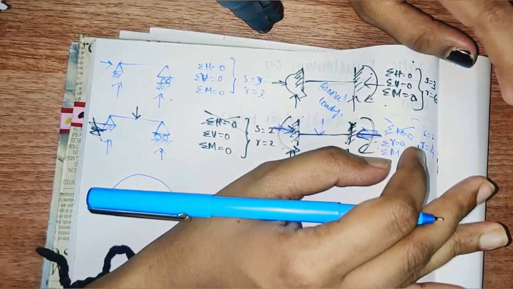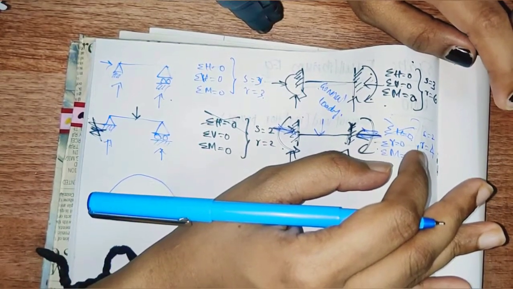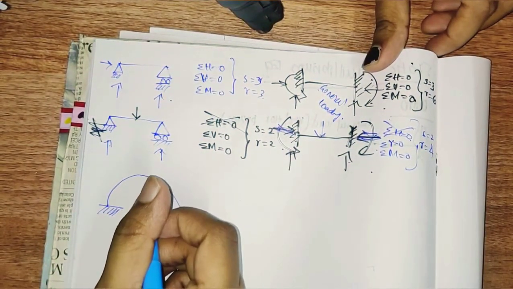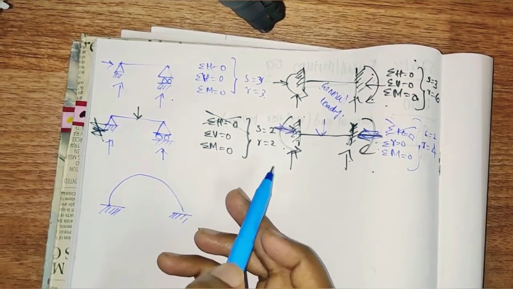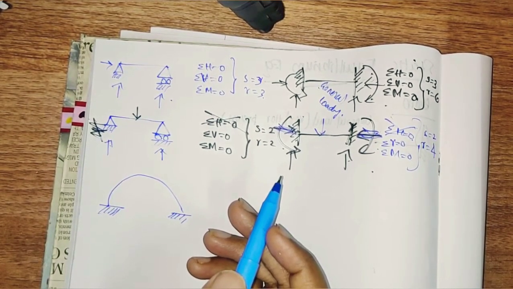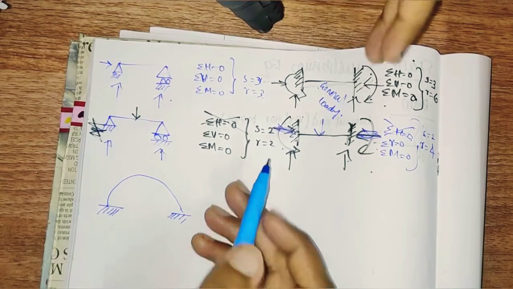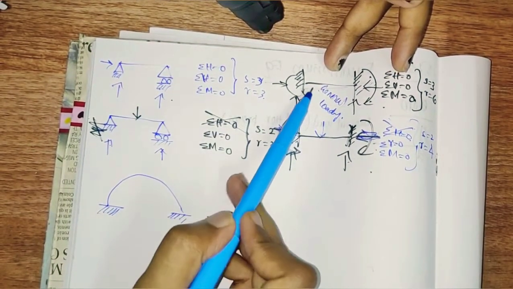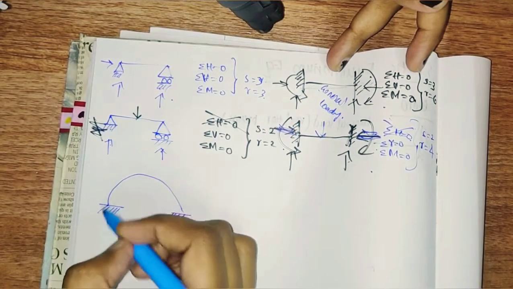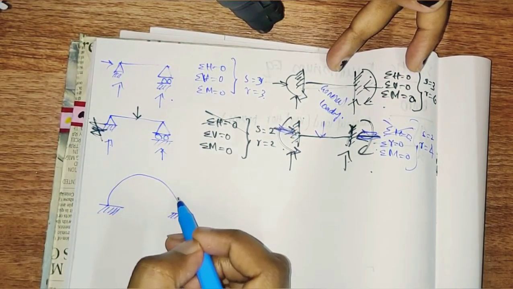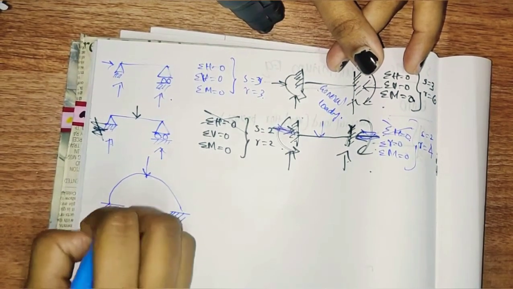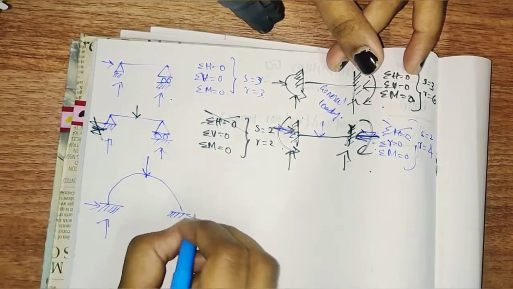Okay, next about this curved member. For the flat member, we need to check the loading first, whether there is any load or not. But here, there is no need to check the loading. We only want to check the loading if it is flat. For this curved member, it is not necessary to check like this. Got it? So if another load is acting, this is an external load acting.